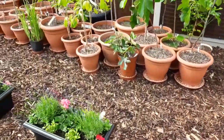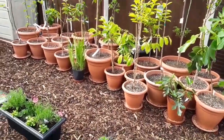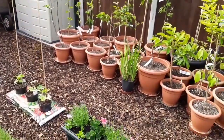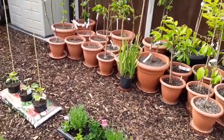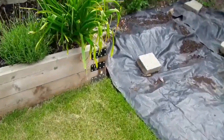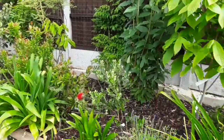So that's the right hand side of the garden, which I think is actually north facing, but I get a little sun on it all day because it's very open without any trees around it, so most of those plants will get sun most of the day. This fence actually faces south on this side, so